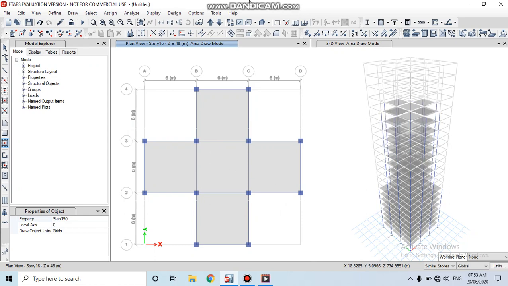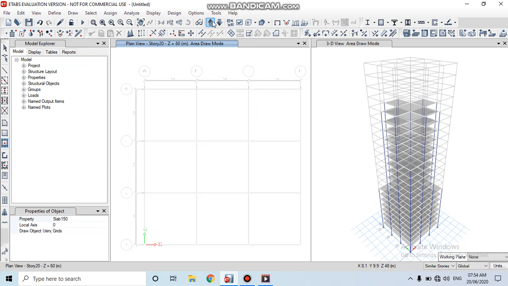Next, go to the story 20 by adjusting. Check the story set to the similar stories.